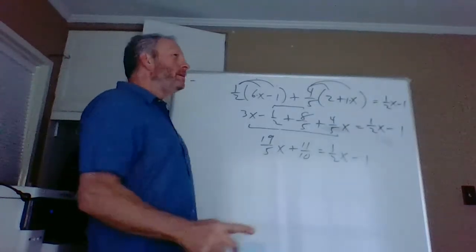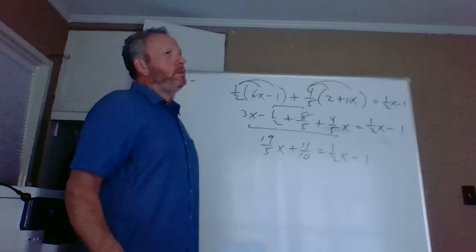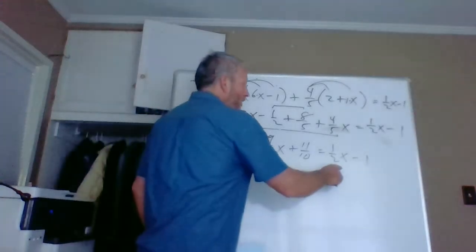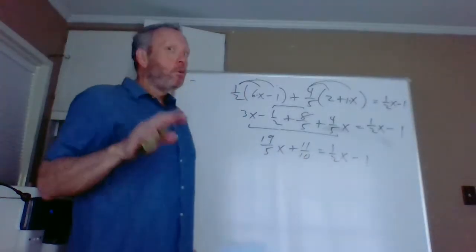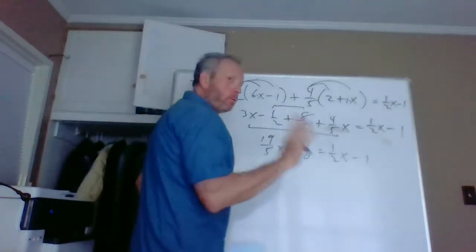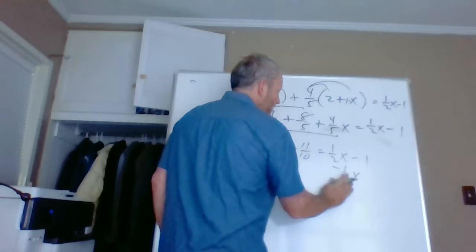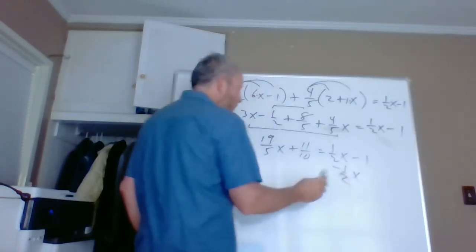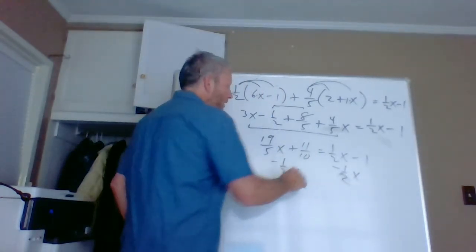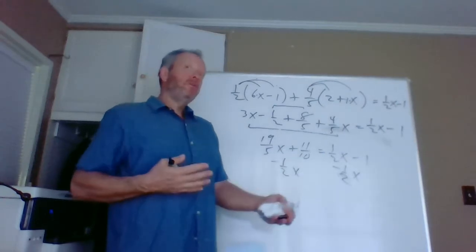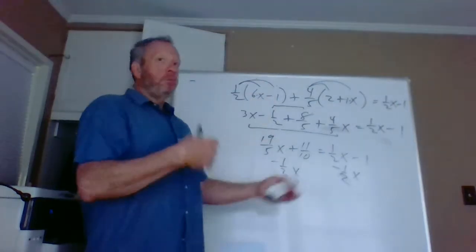Now, I'm going to misspeak, and I'm going to continue to misspeak. I'm going to say, let's get this 1/2 X over here. That's not what we're really doing. What I'm really doing is I'm going to subtract 1/2 X from both sides, because you need to do the same thing to both sides. If you're going to add, subtract, divide, or multiply,